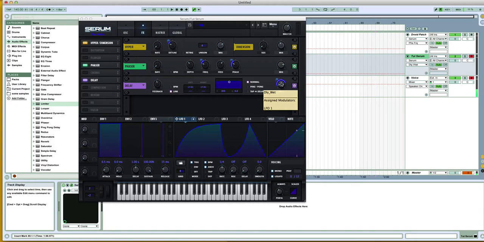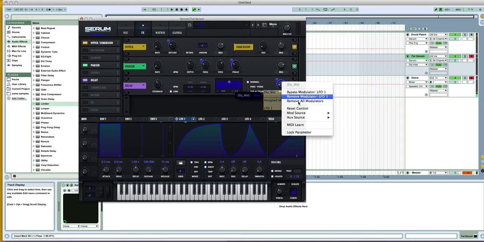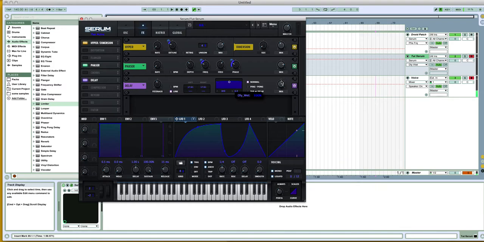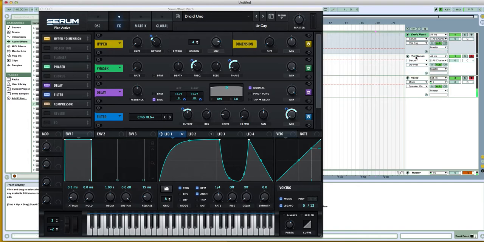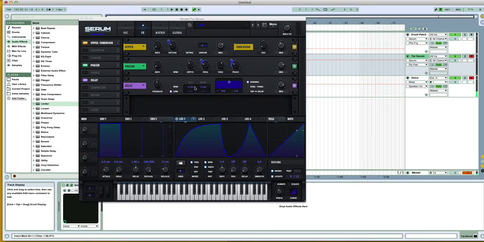For this one, I kind of did something different. I turned the mix all the way up, maybe turn it down just a little bit, like 93%, but if it's at like 15 or 17, it's just going to make it wide. You can play with that a little bit. It's going to give it this different sound, but then you want to put the LFO on this little thing down here,